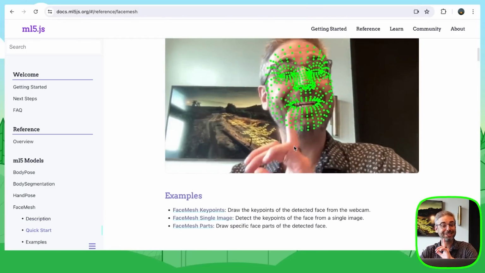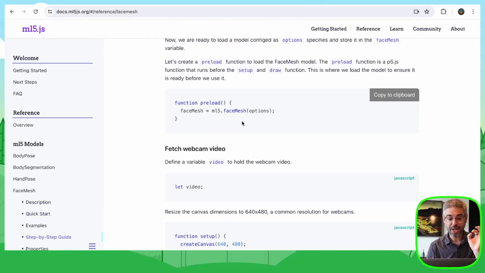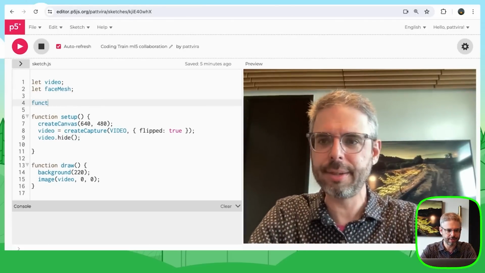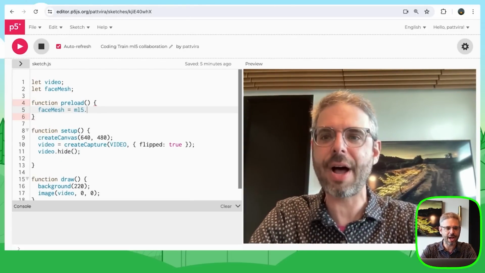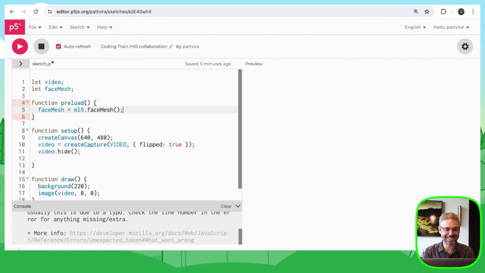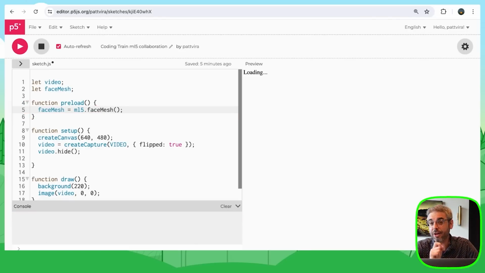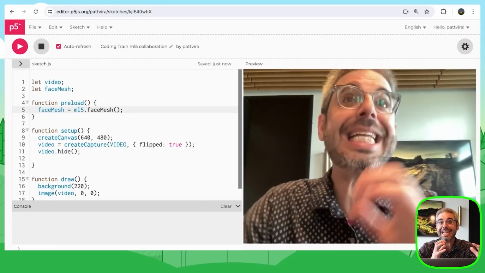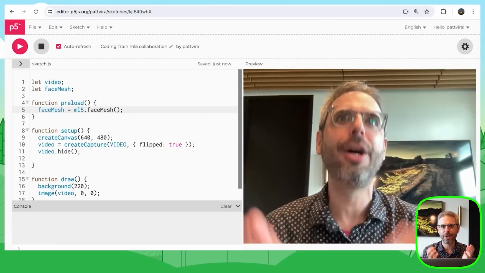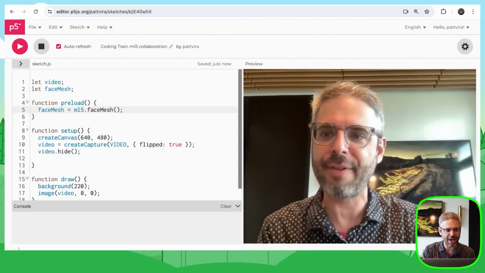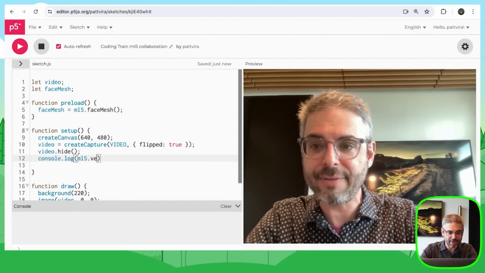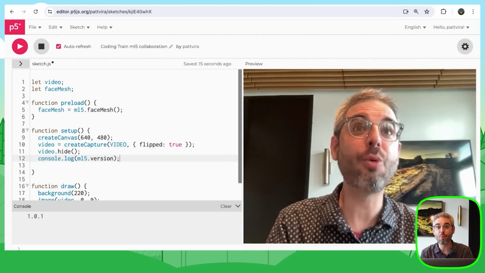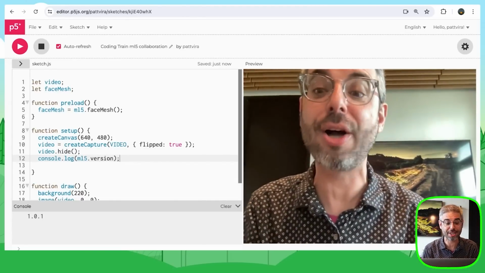Back to the documentation. The next thing that I want to do is load the model itself. I'm going to add the preload function and say faceMesh equals ml5.faceMesh. And let's see what happens. Every function that you call in ml5 is namespaced under the variable name ml5. And in fact, in setup, if I say console.log ml5.version, we'll see that version 1.0.1 is logged into the